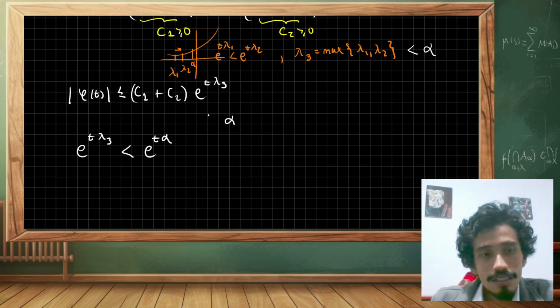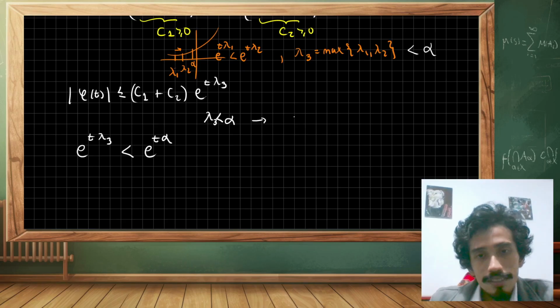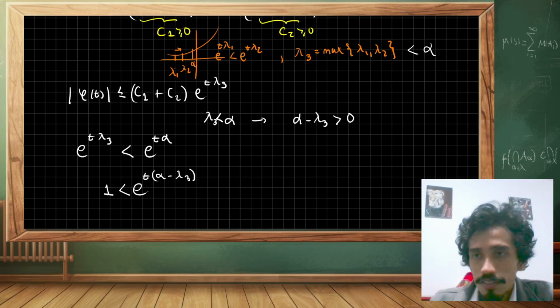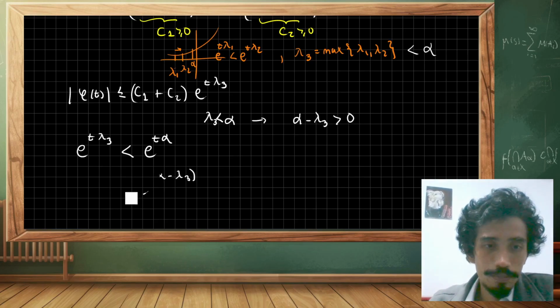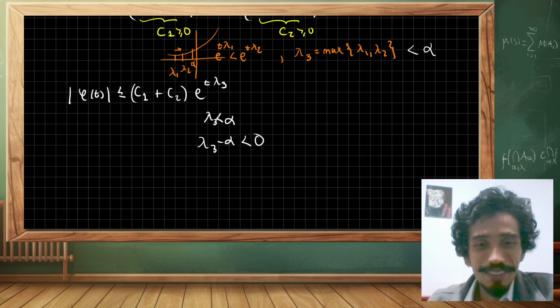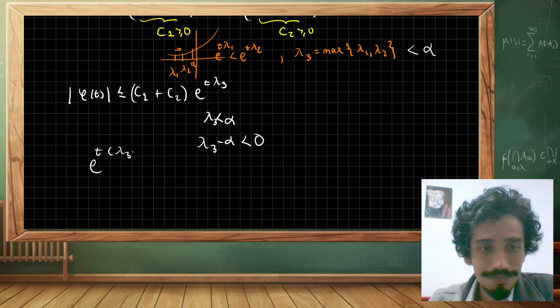So since we have this, it follows that alpha minus gamma 3 is greater than 0, right? So we can write something like this. So we divide this. No, wait, it's the other way around. I mean like this. We don't want this, we want the other way around. It was looking quite weird there. So yeah, this is negative. So since this part is negative, the limit of this function is 0,